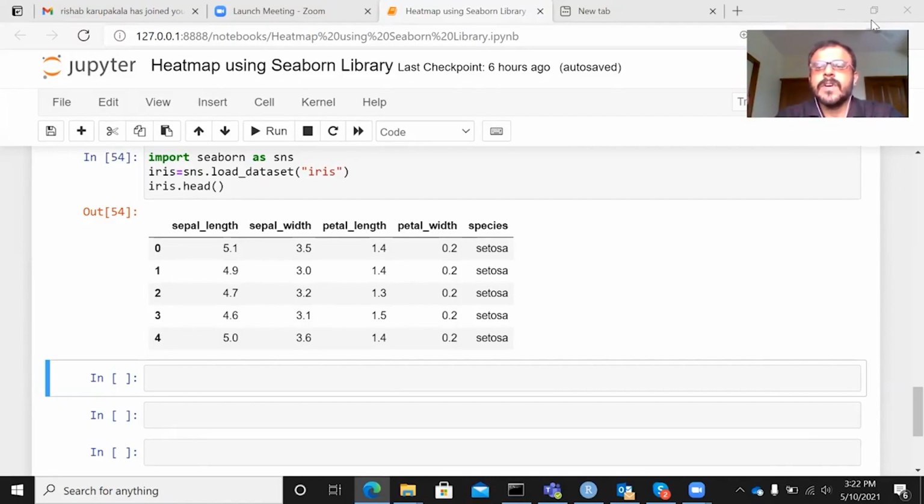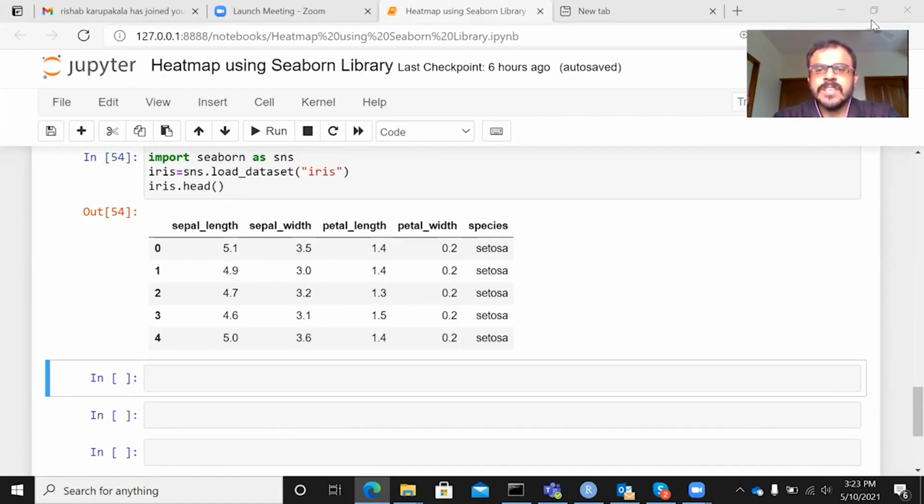And if you have to look at each value and find out which has a strong relationship, which has a weak relationship, which has a moderate relationship, it becomes a bit difficult. So this is where a heat map comes to our rescue. It color codes, it assigns a color based on the magnitude of the correlation and thus simplifies the interpretation of the correlation values.